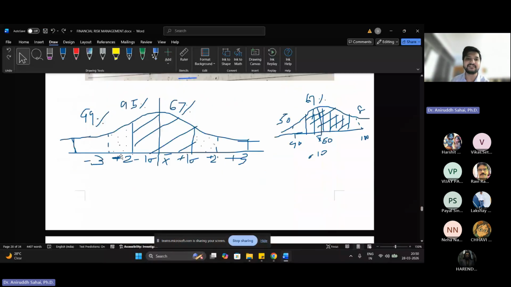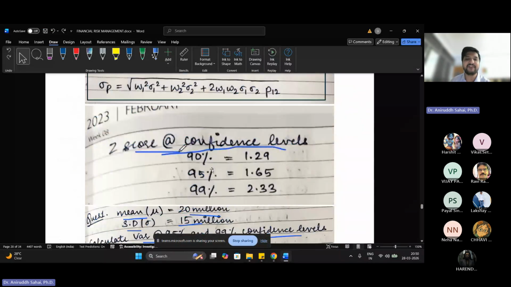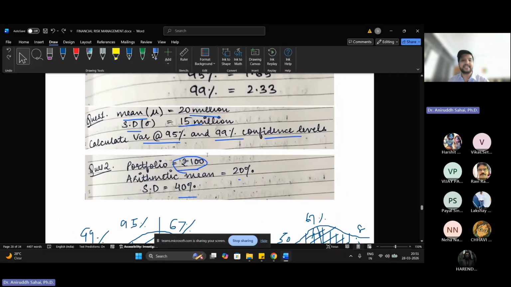So if we look at the negative side, 95% of the observations will be covered within minus 1.65 standard deviations. 95% of the observations will lie within minus 1.65 standard deviations from the mean, while minus 2.33 standard deviations will take care of 99% of the observations. So ultimately the question that comes, coming to the main question, you will be given the mean, you will be